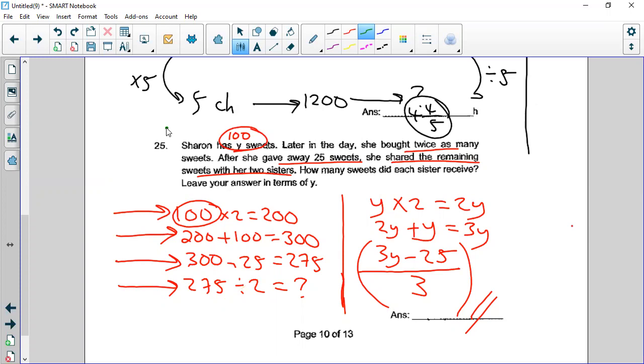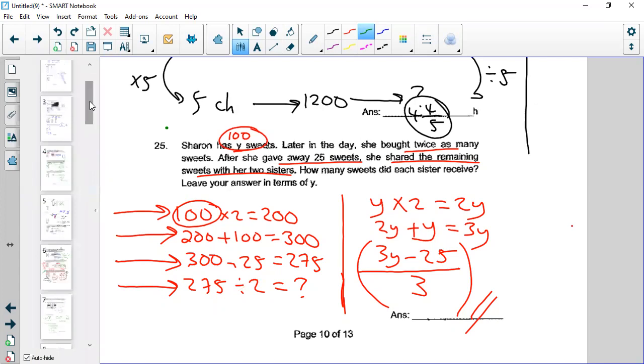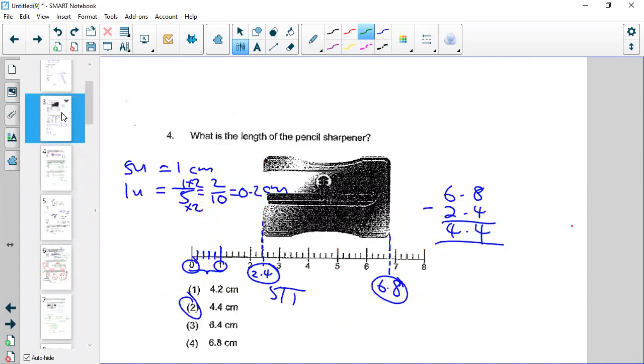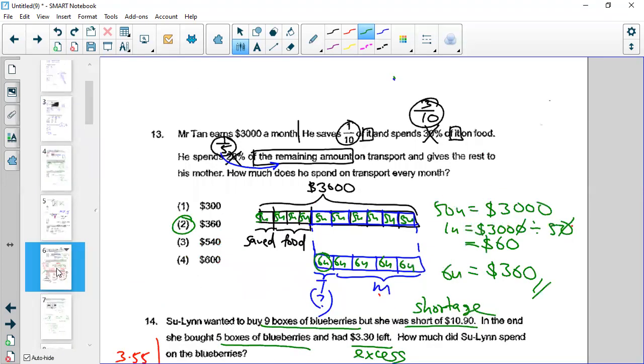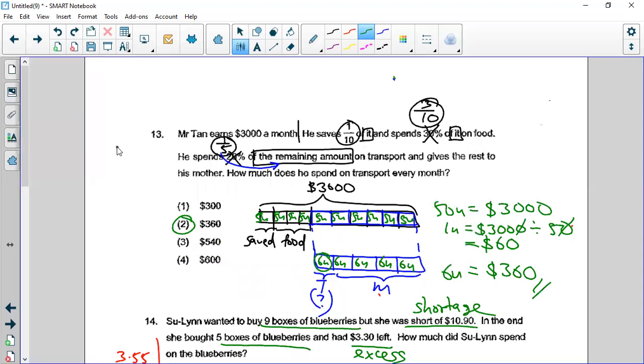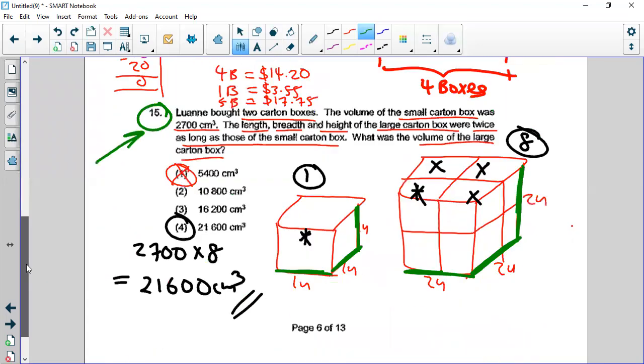Oh, Caleb, you got a question? Yeah, question 15. Let me see. What's question 15? Isn't it the whole box? You count 1, 2, 3, 4, 5, 6, 7, 8, 9, 10, 11, 12. Oh, no. How many small boxes make up the bigger box? So if you count carefully,